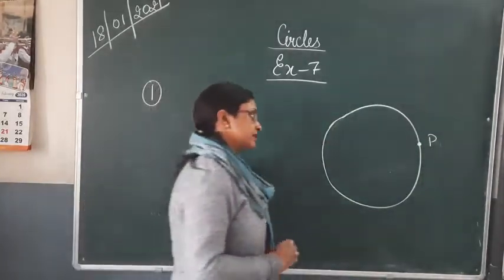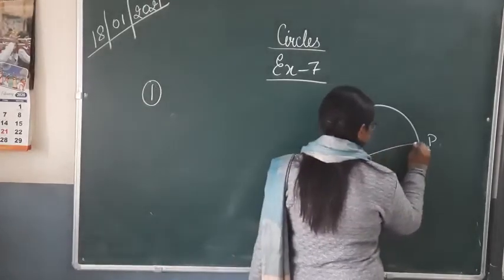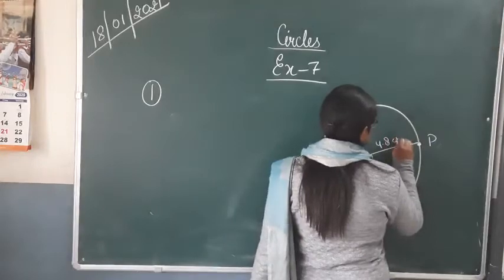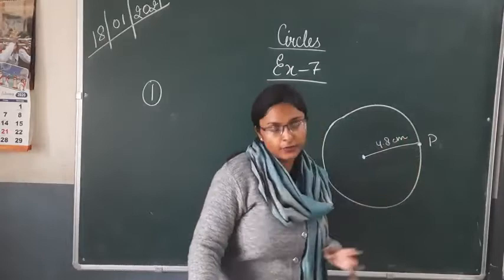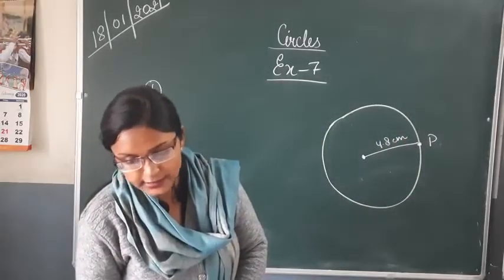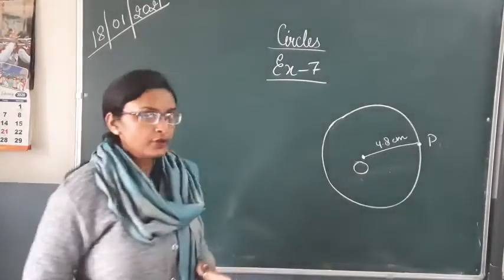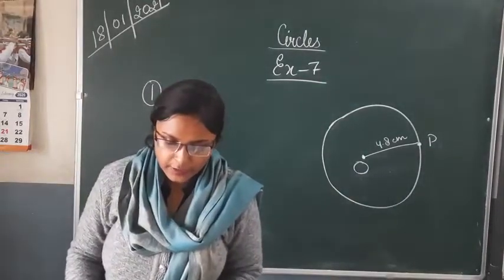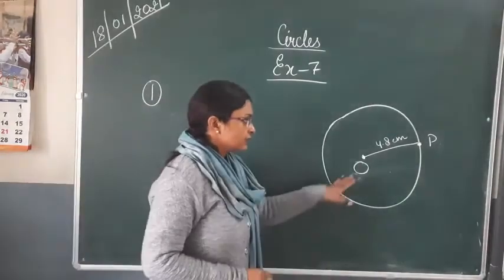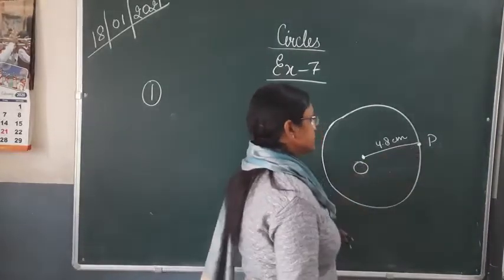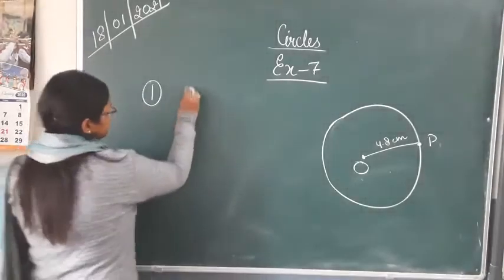It is given that P is a point on a circle of radius 4.8 centimeters. So that means there is a fixed point, and the distance between this fixed point and P is 4.8 centimeter. This is the center, and the radius is 4.8 centimeter. Now, if O is the center of the circle, that means the name of this fixed point is O. We call it the center of the circle. Then what will be the length of the segment OP? We can see that the length of the line segment is 4.8 centimeter. Okay. So here we can write the length.